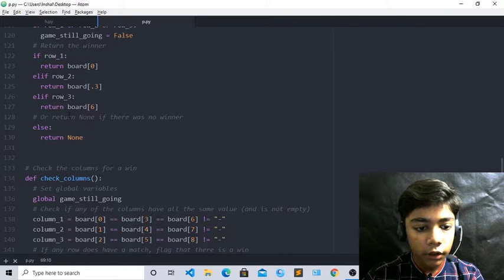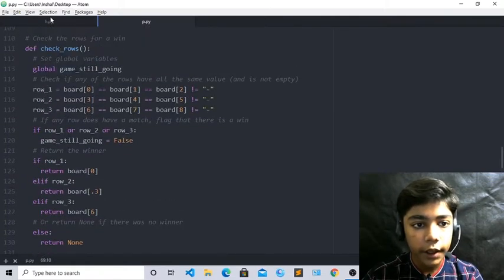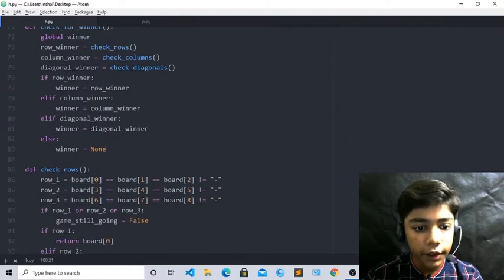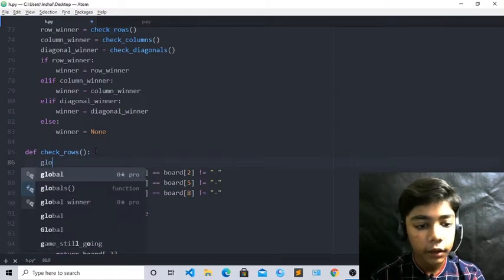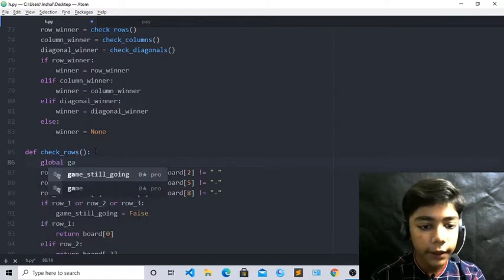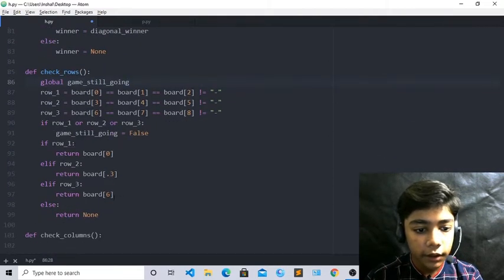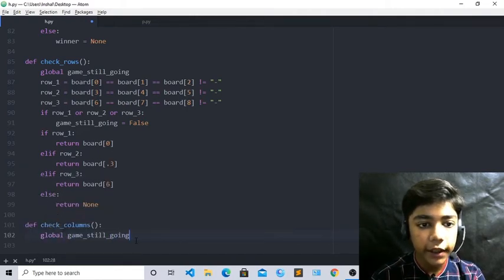And we also have to define check columns, like we have defined check for winner and check for rows. So first of all, global game_still_going. Now till here we have defined these things. Now come over here in the front of it, and write global game_still_going, like here we have written.